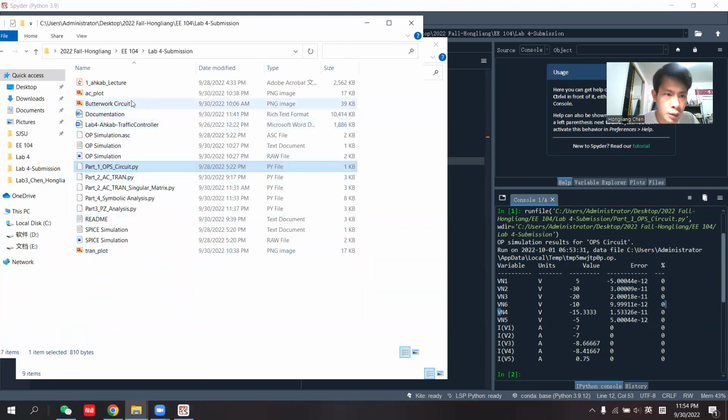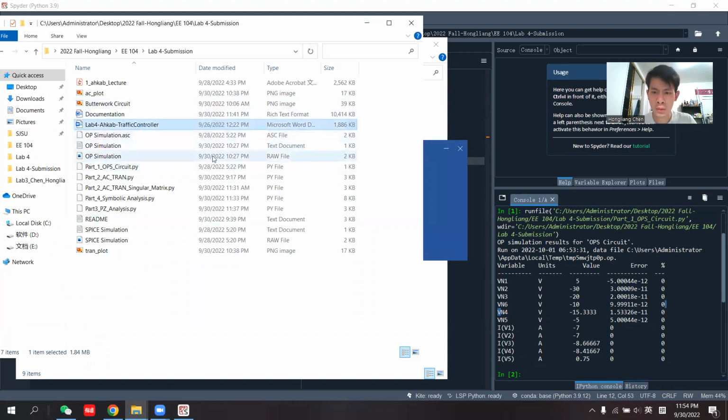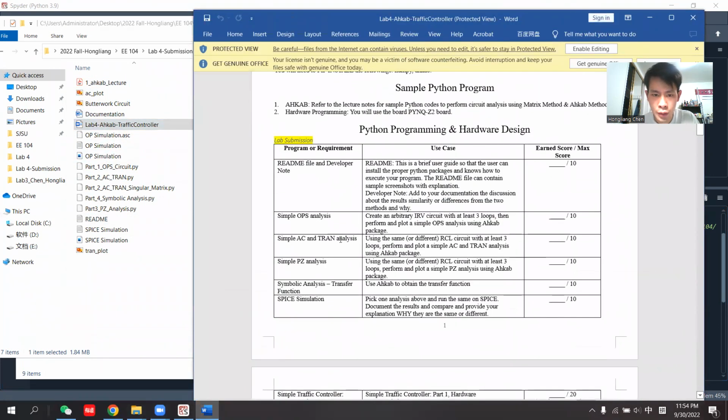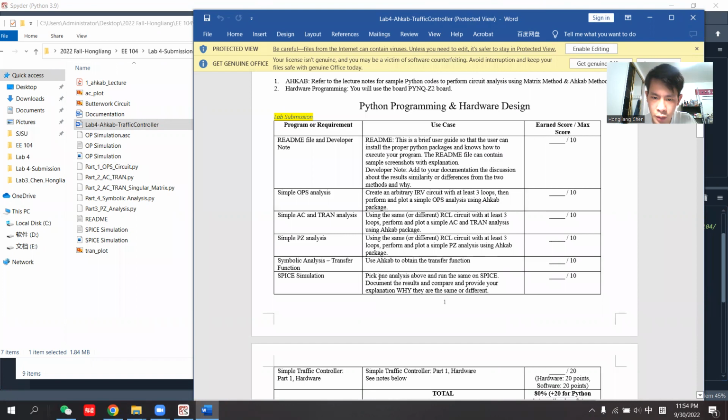And let's see the requirement for this assignment. Okay, so the first one is to design a simple OP analysis, and the last part of the assignment is to pick one analysis above and run the same circuits on SPICE. So I did